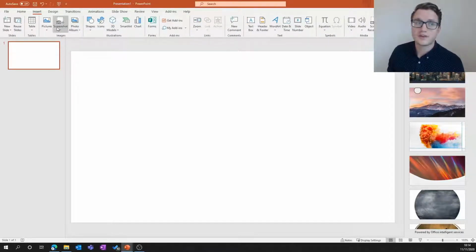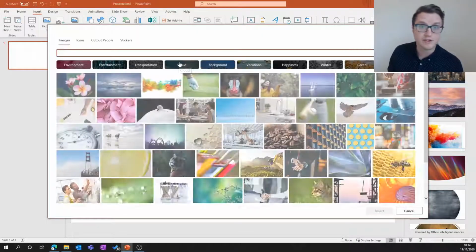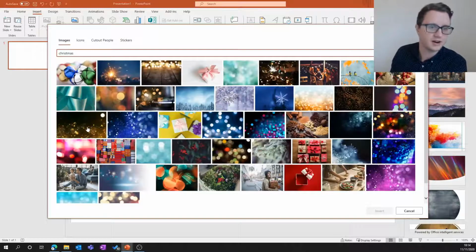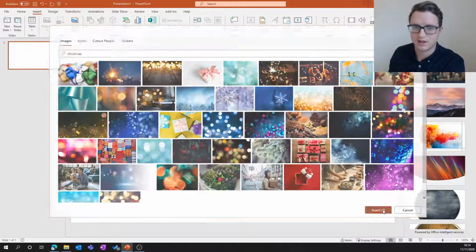One thing that I love now, if you go to pictures, you've got stock images and online pictures as well. Both really handy. These are royalty-free images. I'd advise using them. So if I type in Christmas, for example, let's see if I can find whether I use the one I did before or not. Doesn't really matter. We'll go for this one. So if I click insert,